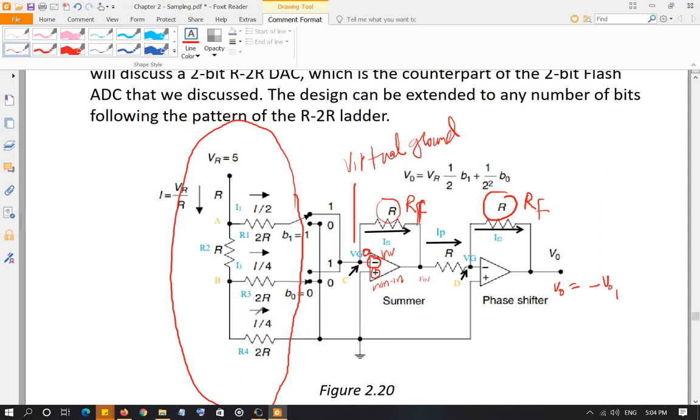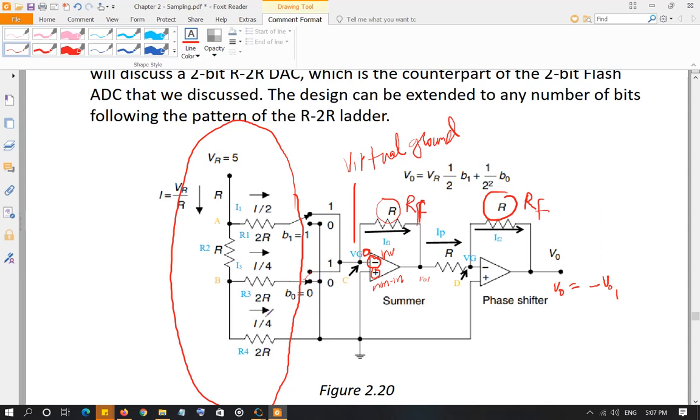Why? R4 is connected between node B and ground, and R3 is connected between node B, and if B0 is 0, then it is connected to the same ground, and if B0 is 1, that is B0 is connected here, then it is connected to the virtual ground, which again has the value 0. So in any case, if B0 is 0 or 1, R3 is connected between node B and ground or virtual ground. It's the same value, virtual ground and ground is 0 volt. So R3 and R4 will appear to be parallel to each other, that is connected between node B and ground.